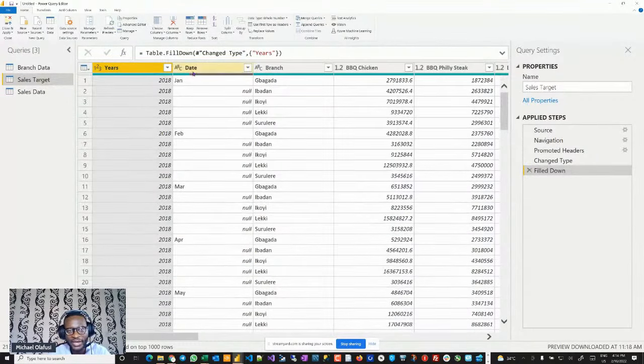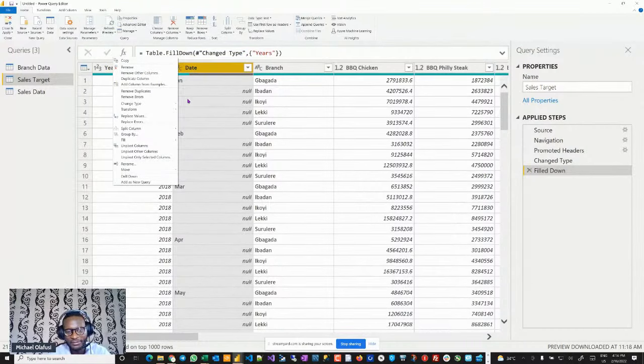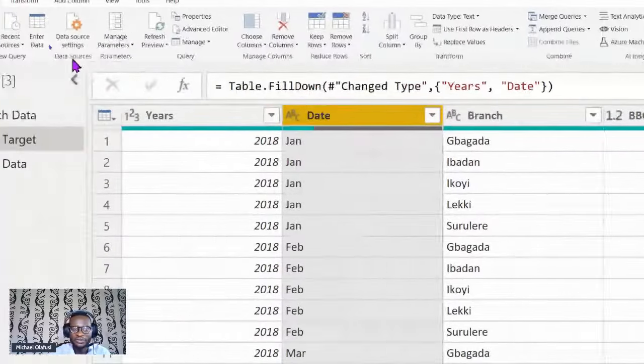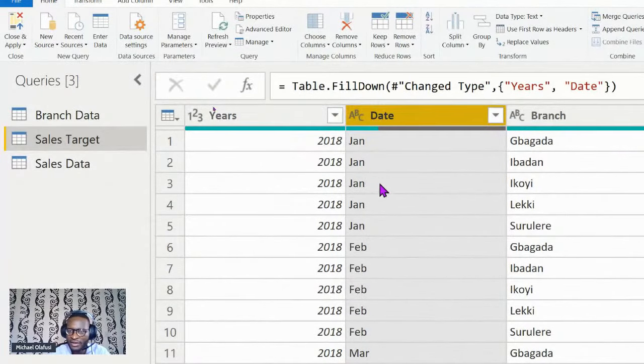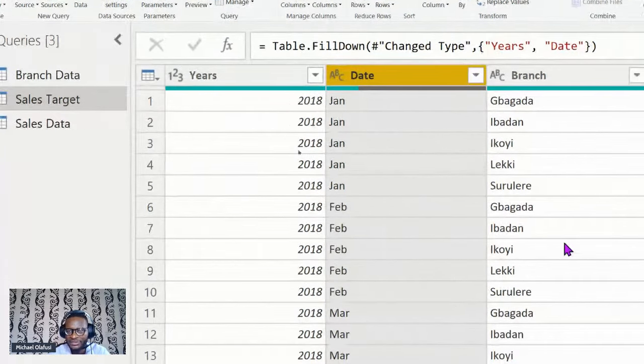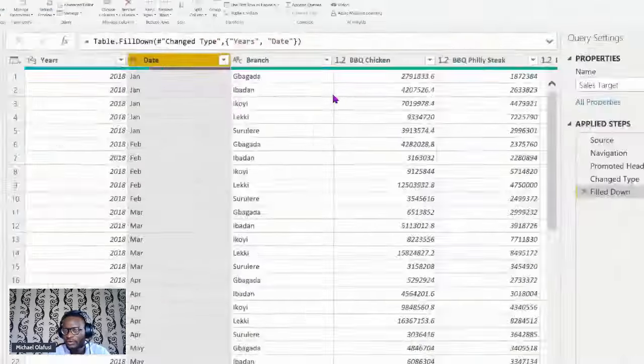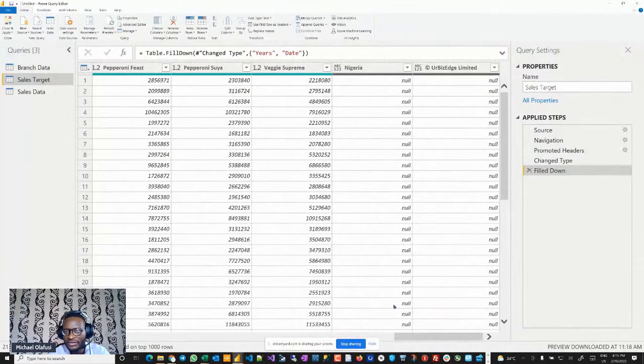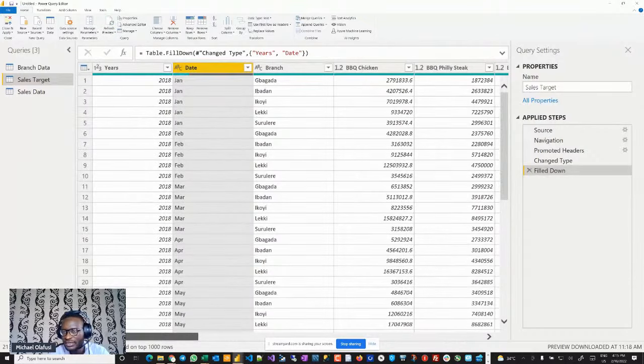Then I'm going to do likewise for this. I'm going to again come here and do fill down. This is a very useful function when you have situations where things are skipped: January, then blank blank until February, then blank blank blank until March. You want to fill down. So let's see what other obvious issues are here. If I look at this, I can see that I actually need this country to come as its own column. I think maybe I should have done that before the fill down to make things easier.